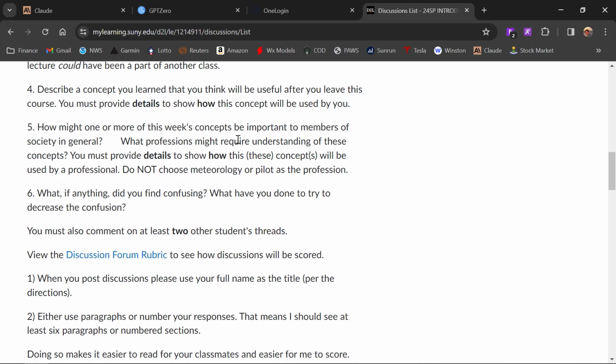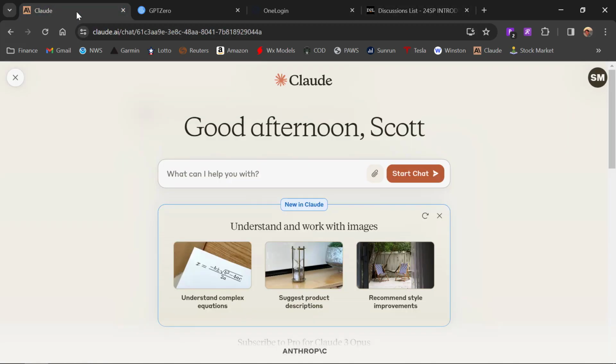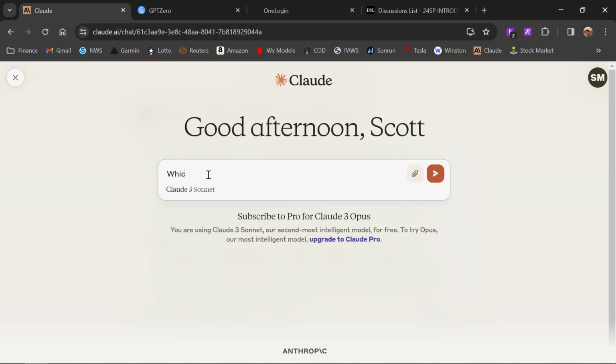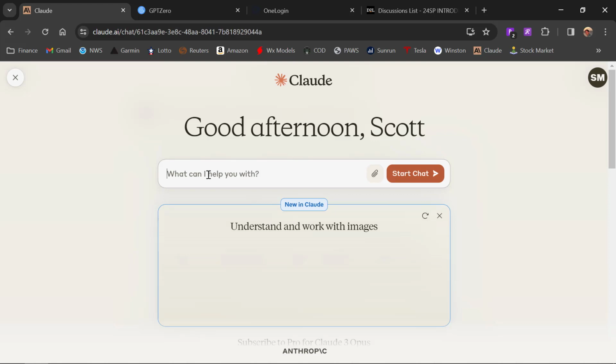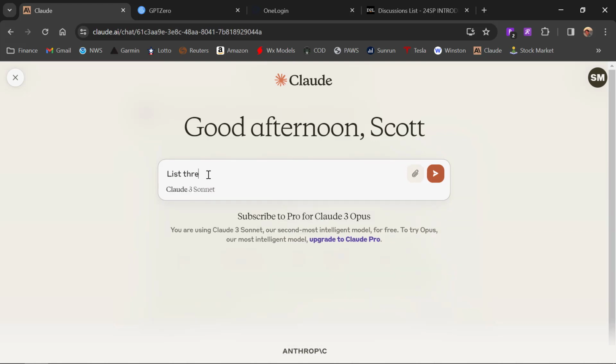All right. So let me go to a popular AI tool called Claude.ai. It's free. You just have to register through a Google account or create a name and password or whatever. All right. So let's think of density and say, okay, let's do this actually. List 3 professions that require an understanding